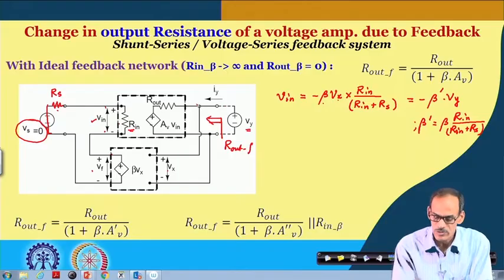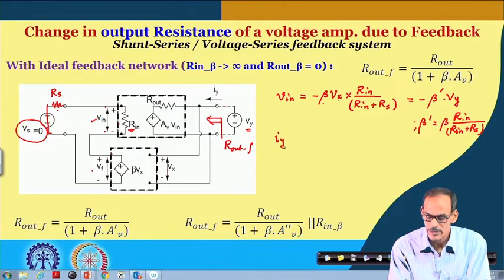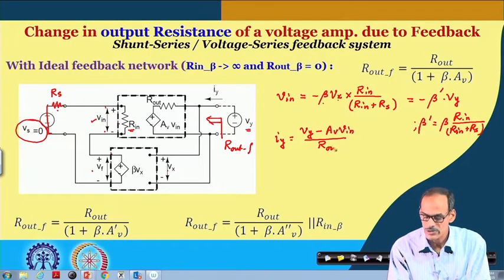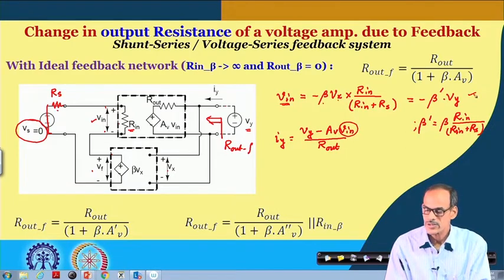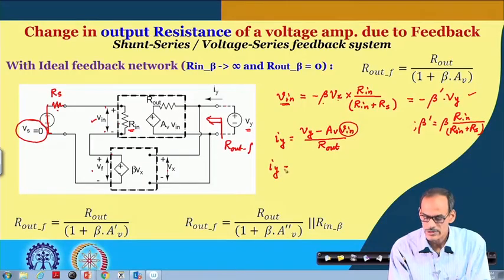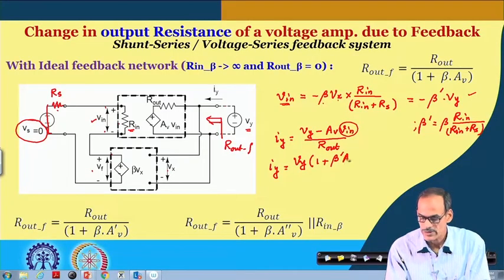Whatever the previous discussion we already have, namely I y equals V y minus A v into V in divided by R out, that is valid in this case also. And then if we replace this V in in terms of beta dashed into V y, from that we can get I y equals V y into 1 plus beta dashed into A v divided by R out,